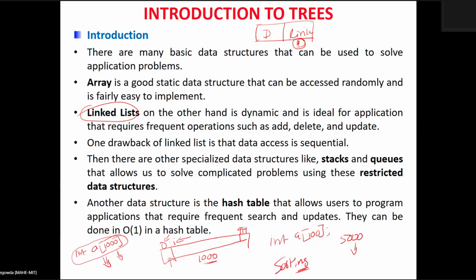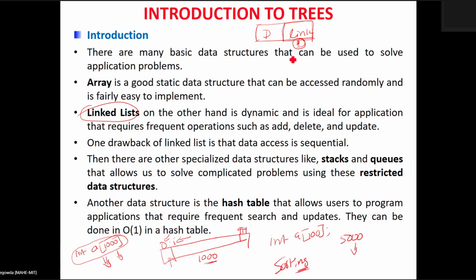Even though the linked list has a lot of advantages, it still has some disadvantages. The first disadvantage is that memory consumption is more in a linked list when compared to arrays. Why? Because each node contains a pointer in a linked list and it requires extra space. If you look at the nodes of the linked list, we have the link field. This link field takes some amount of memory for holding the address. This is nothing but the extra burden on the memory due to the link field.